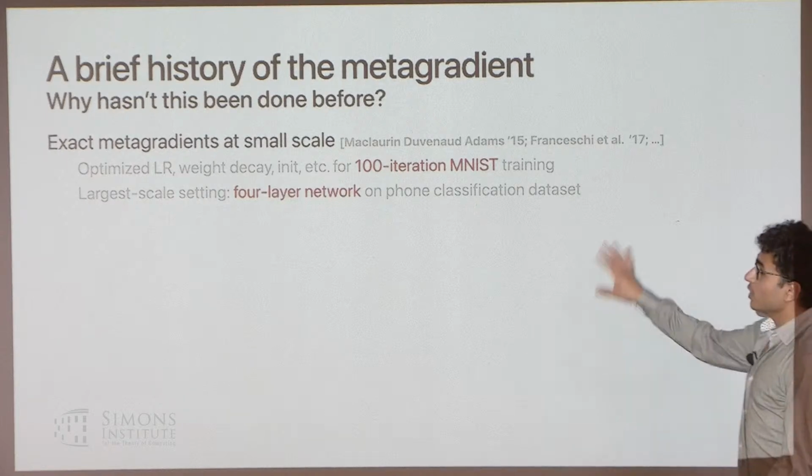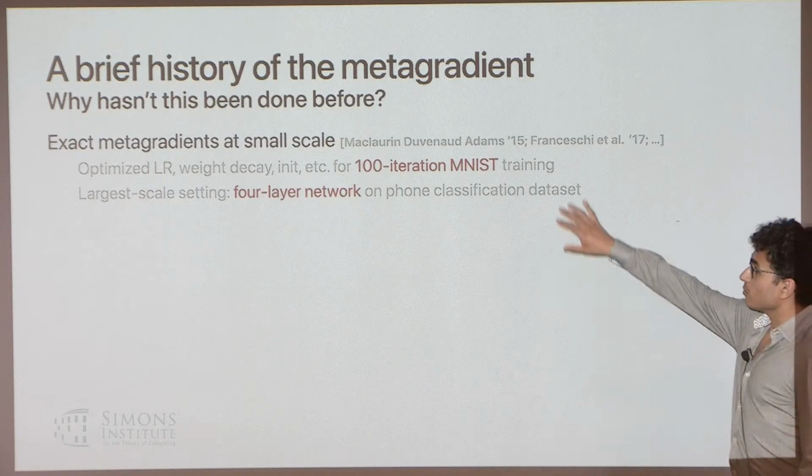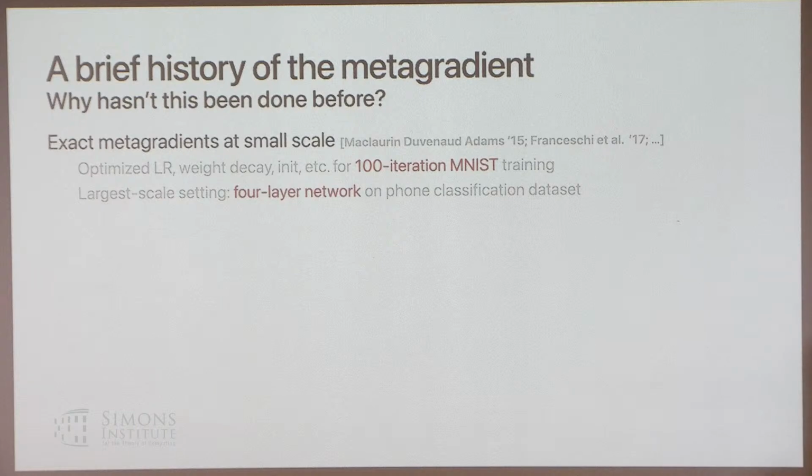Okay. Before I do that, I want to quickly go over some related work, because the idea of differentiating through optimization has been around for a while. There are papers even before this. But I'd say one of the first papers that tried to apply this idea to the deep learning-ish era was this paper by Maclaurin, Duvenaud, and Adams. The idea is that they managed to use something like metagradients to optimize the hyperparameters of the training of a pretty small neural network. I think the largest they scaled was a 4-layer network-ish.